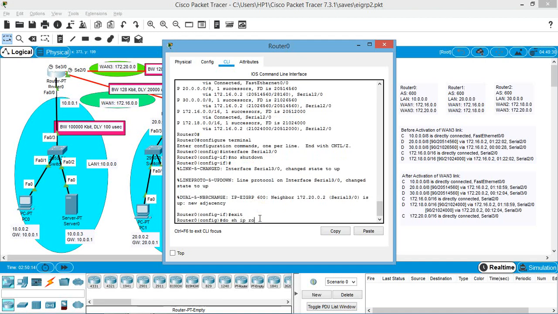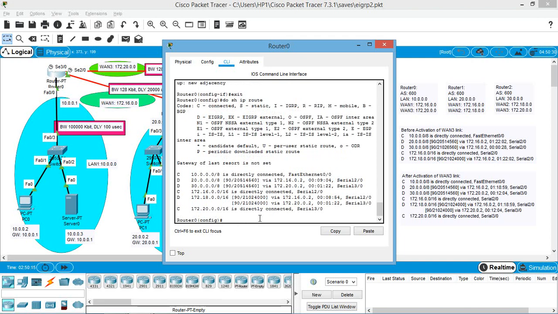So here you can observe now the entry for the network 172.18.0.0 is updated. This network is now reachable via two different routes, via two different interfaces, but with the same metric. So load balancing will be performed on these two different routes by router R0.